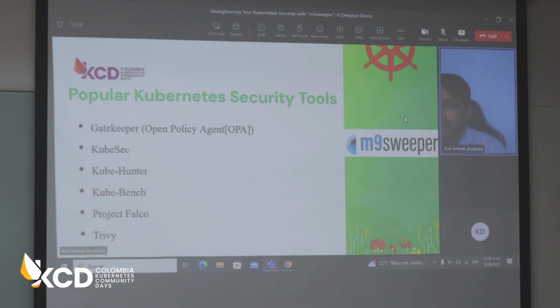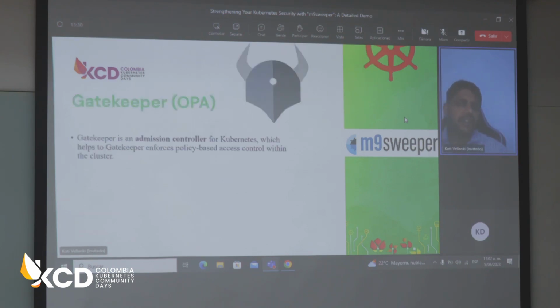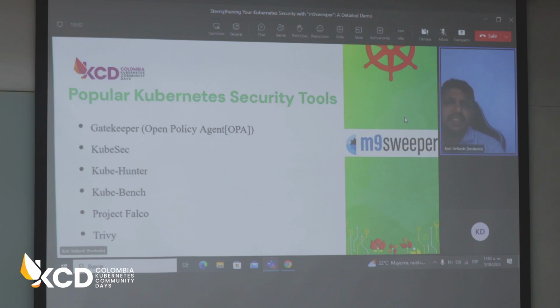Okay, once we understand these tools, we'll see what best solution we get, right? So with that, I'll just walk you through all these popular tools. You may think, okay, these are the tools which are now standard things, and this is the problem we are trying to solve. Don't think it's a Kubernetes security problem. For now, today, for this talk, understand this